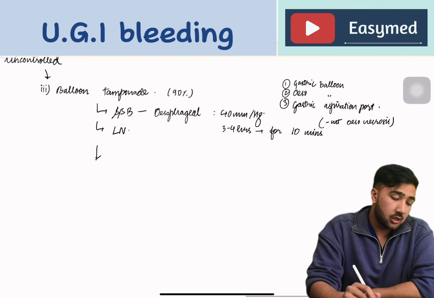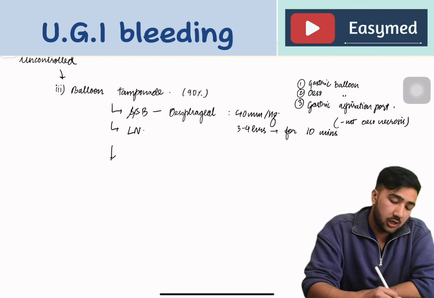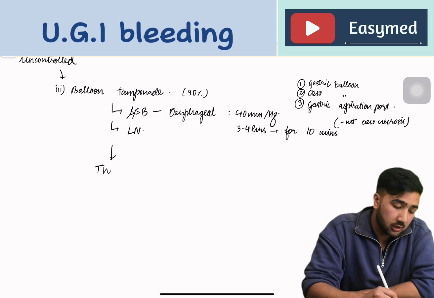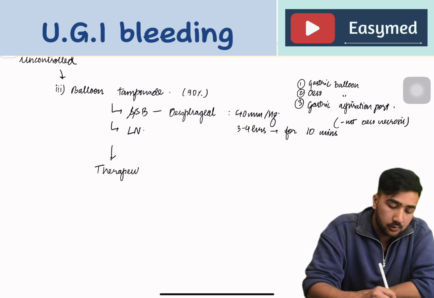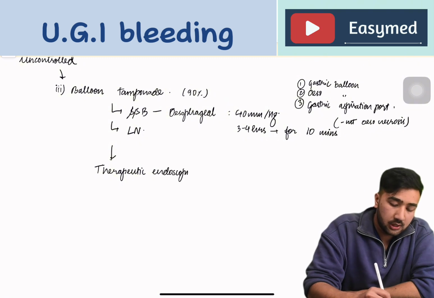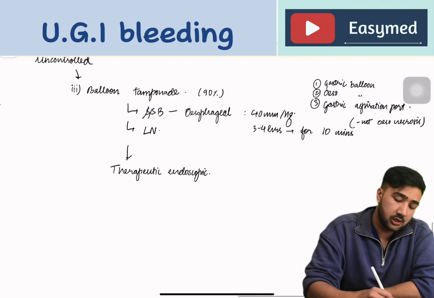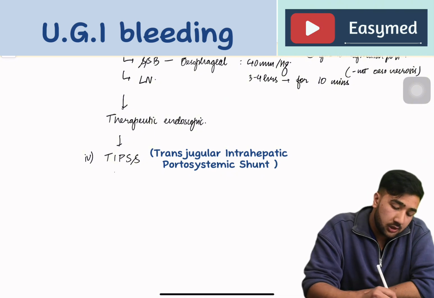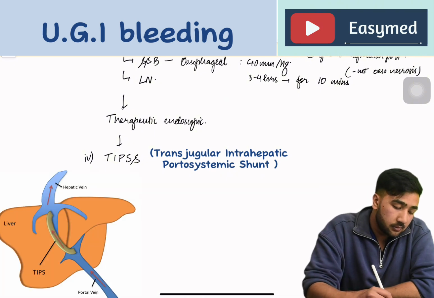Next, after doing balloon tamponade, our blood clears and we can know the cause, and we can go for therapeutic endoscopy. Now even after doing this, if no cause is found and variceal bleeding continues, then we can go for transjugular intrahepatic portosystemic shunting. TIPS can be done. Its indication is if bleeding persists